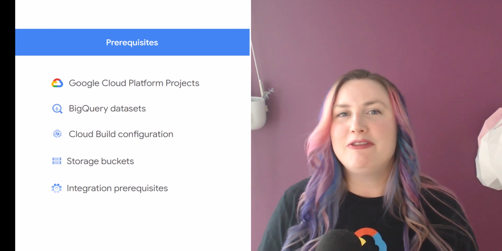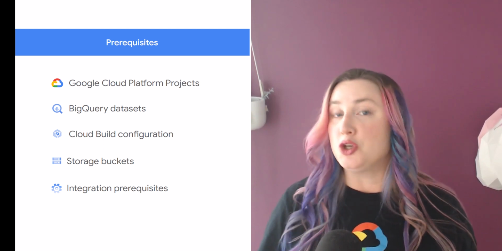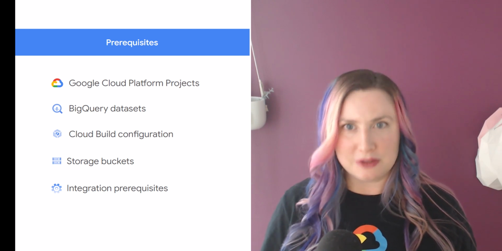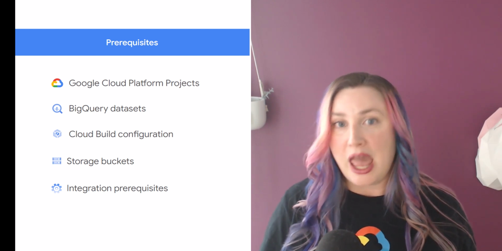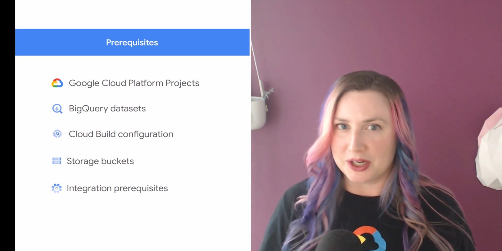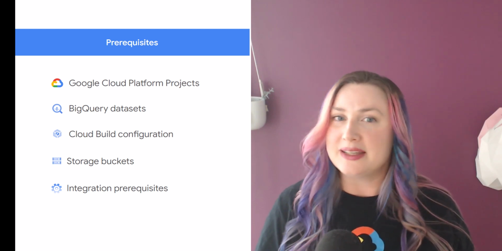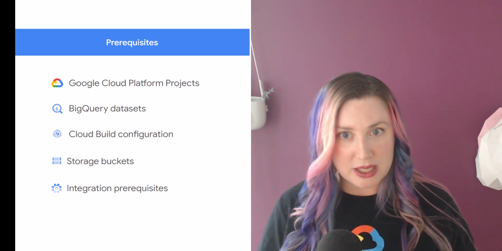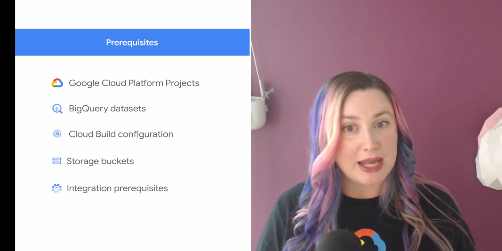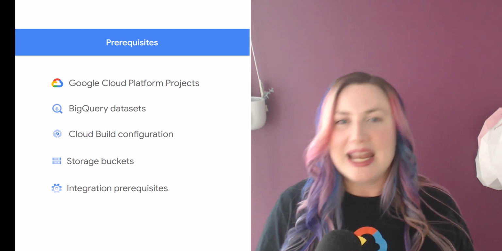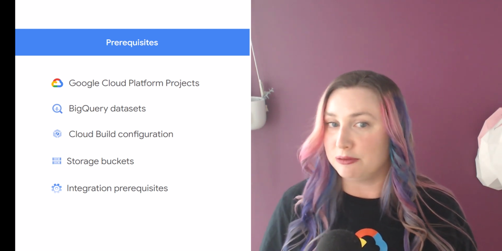By now, you have the following prerequisites met: your Google Cloud Platform projects, your BigQuery datasets, a Cloud Build service account with the right permissions, and if you're deploying into separate source and target projects, please check the documentation. At least one storage bucket in the same region as the datasets in BigQuery, where the Cloud Build service account can create, delete, and write files for logs, DAGs, and pipelines, and any integration prerequisites as documented for each workload, such